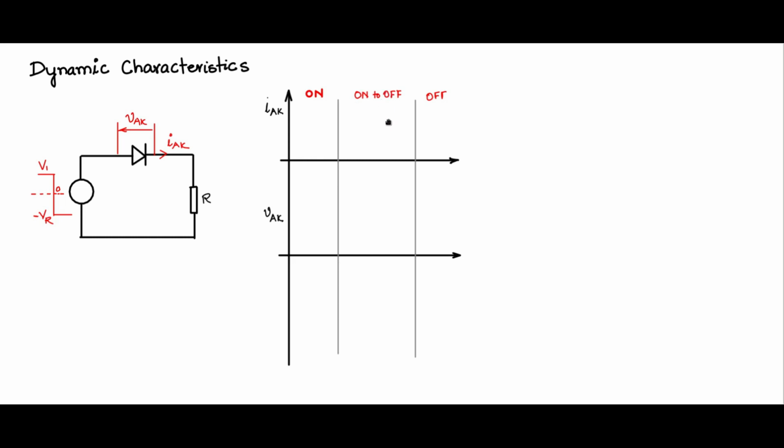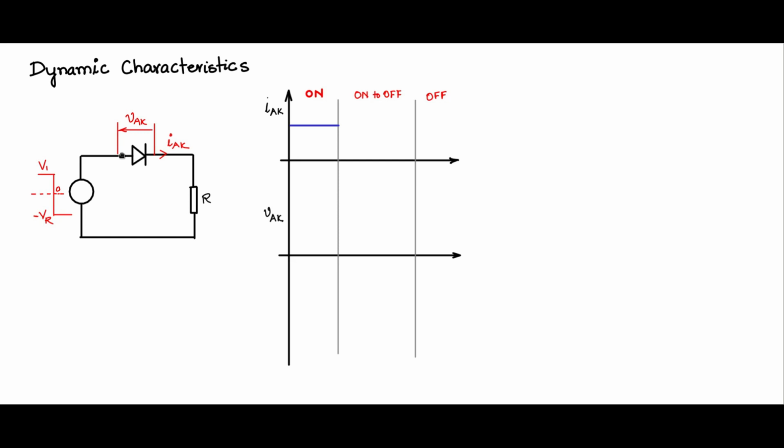So this transition time is zoomed, and that is what we would like to see, how the dynamics of the diode behave. We will first draw the dynamic characteristic with a slightly idealized diode, so that we understand the turn off process, and then we will replace it with the practical diode's dynamic characteristic. It will be easier to understand then. So let us start with the on state, whenever the anode voltage is more positive than the cathode voltage.